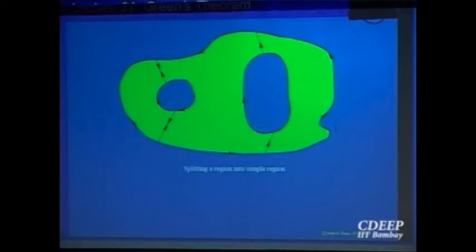Yes or no? No? Okay, let me explain it with a single hole. Let us look at a region and there is a hole. This part of the domain is not a part of the region. So we are looking at this annulus kind of a thing. Now, supposing I draw a line like this. This is not a simply connected domain. We have already shown for this that Green's theorem holds. But the basic idea, whether one hole or two holes, doesn't matter. The idea is, you draw an imaginary line, do the construction as you do in geometry, then you can have R1, this portion, and R2, this portion.